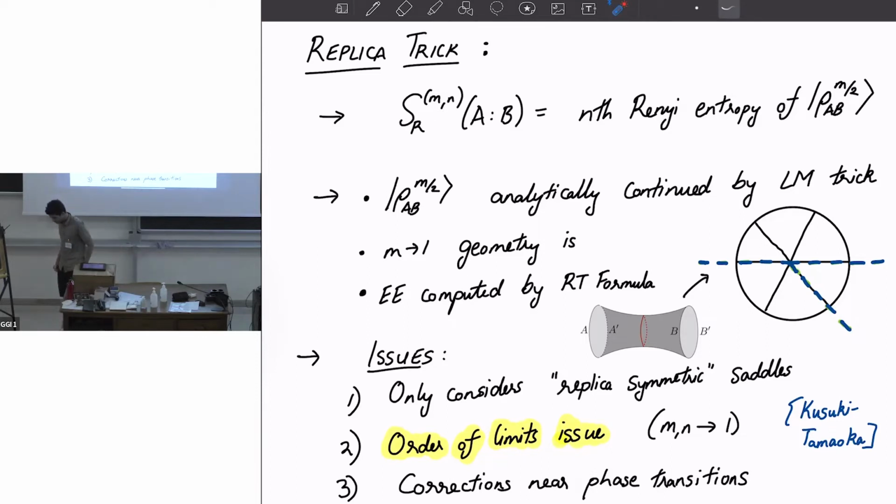More so, there's another issue with the reflected entropy, which is that it has a discontinuous phase transition. So the mutual information phase transition is a continuous one. And in this case, however, when you jump from the disconnected phase to the connected phase, the reflected entropy suddenly jumps from 0 to an order 1 over G amount. So that's a pretty sharp transition. And you might worry that non-perturbative effects might become important in that region and change the answer significantly near the phase transition. So this is another thing that we were interested in understanding in particular toy models.